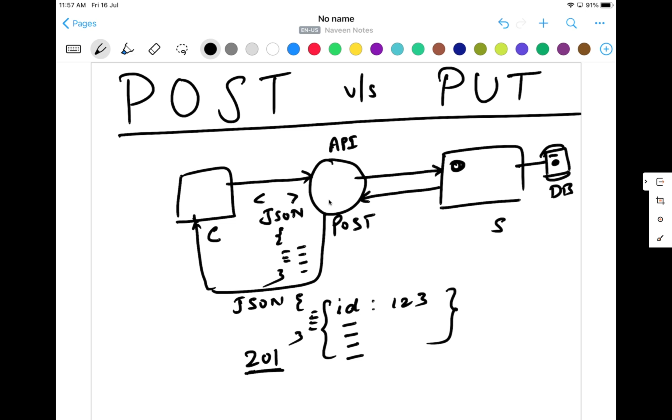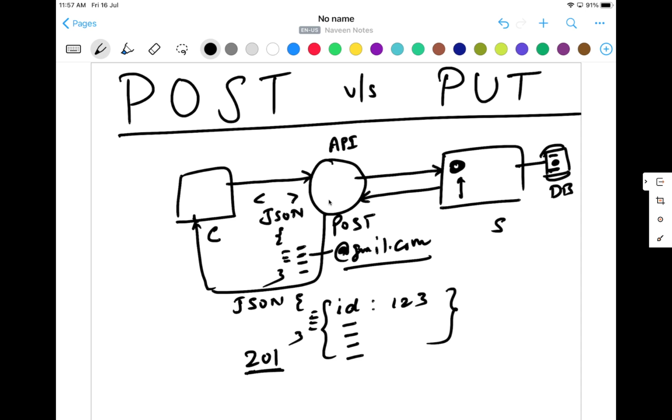So what exactly will we do? If you hit this particular API once again, for example, with the same payload, what will happen? It will create one more entry in the database. It will again process the same request. One more entry will be created over here, right? But it depends. Let's say you are passing some email ID at gmail.com, and the same email ID is already there. Then you can put a server side validation that the email ID is already there. Then it will return back with the error message that okay, no, email ID is already taken. Create a new email ID.